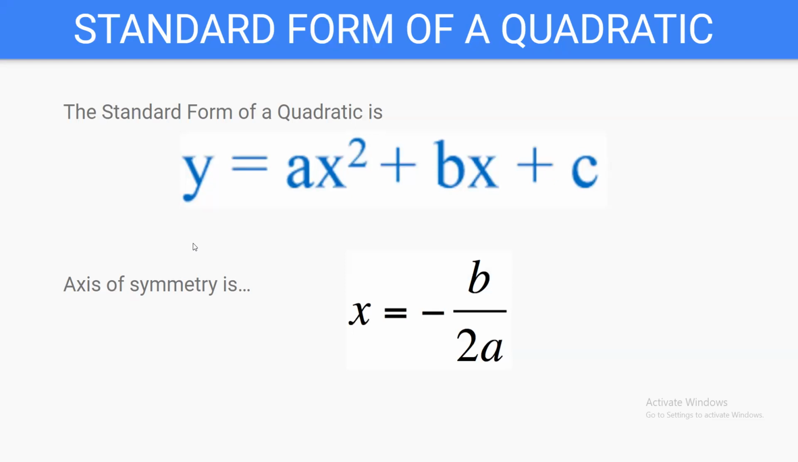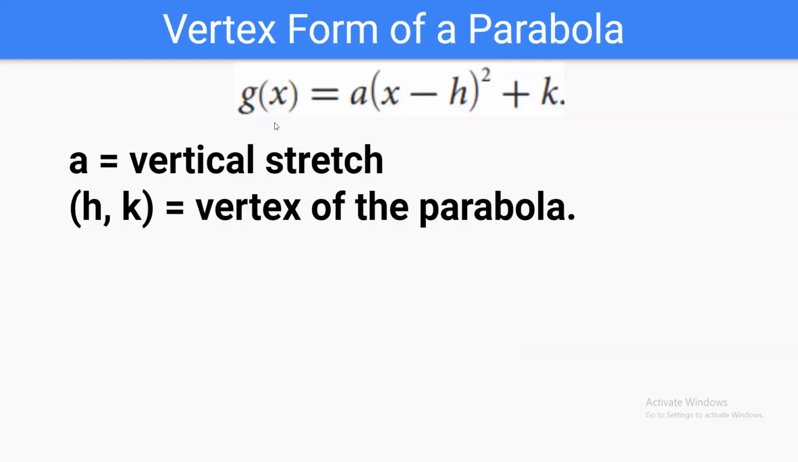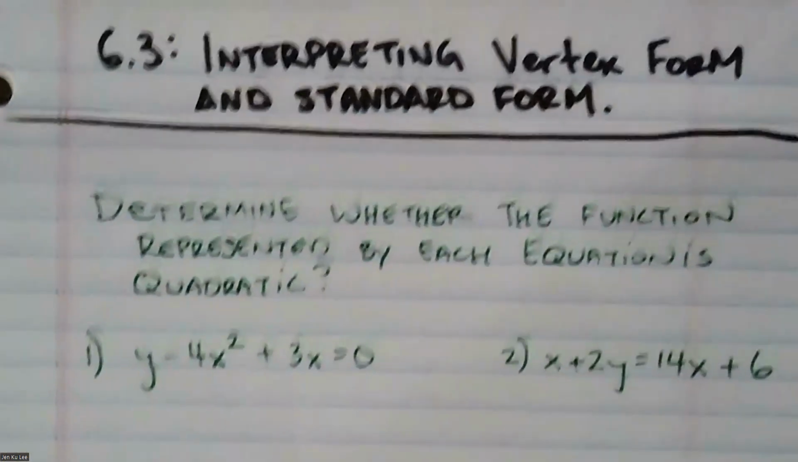So my next slide is the vertex form. Remember, vertex form is a little bit different. It's where your h and your k appear. g of x equals a times x minus h quantity squared plus k. A, remember, is your vertical stretch or compress, depending on what your a value is. And h comma k is the vertex of the parabola. So it's very essential that you think of transformations when looking at vertex form. So the rest of the video is on some